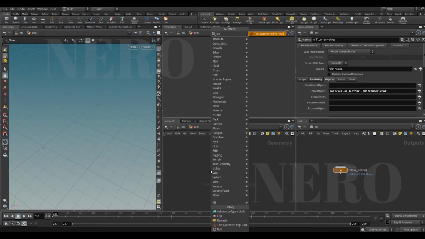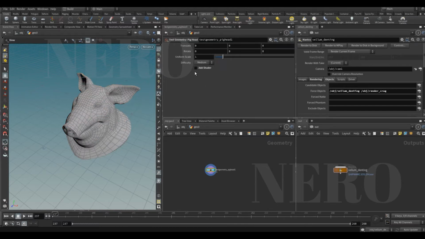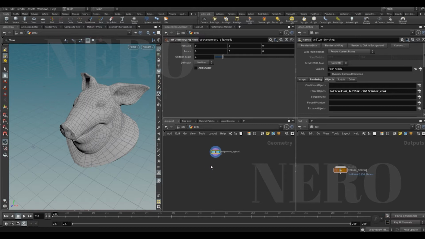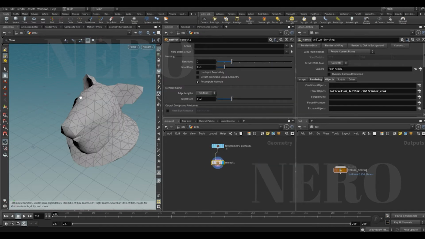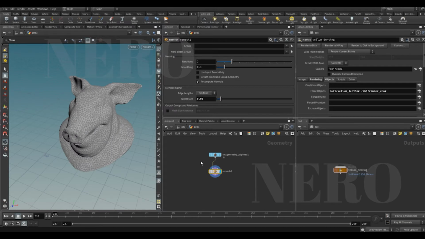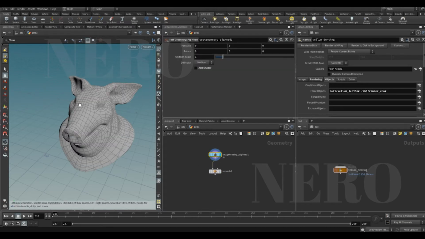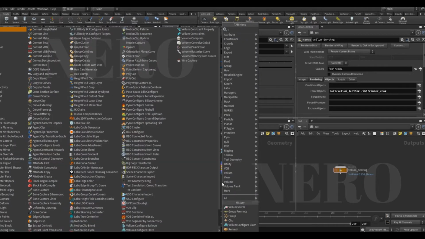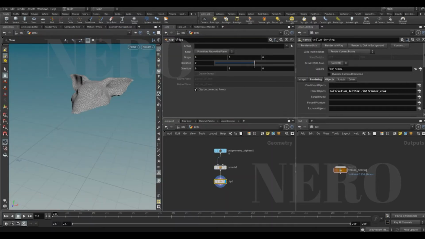So let's put our pig head and disable the shader. And after that, we're gonna do remesh, so the whole model becomes triangles. And then lower the target size. I believe that the Vellum solver is more like triangles than quadrangles. That's why I did a remesh. After the remesh, let's put in the clip. I want to clip out some part of the model